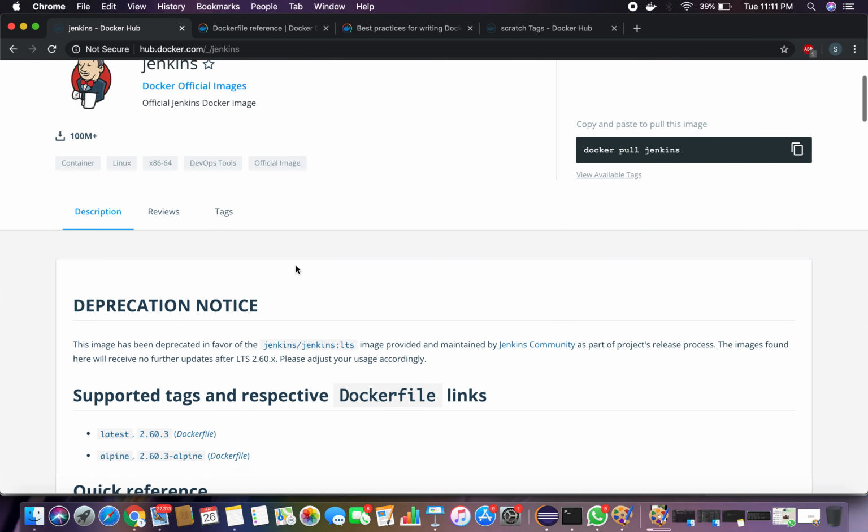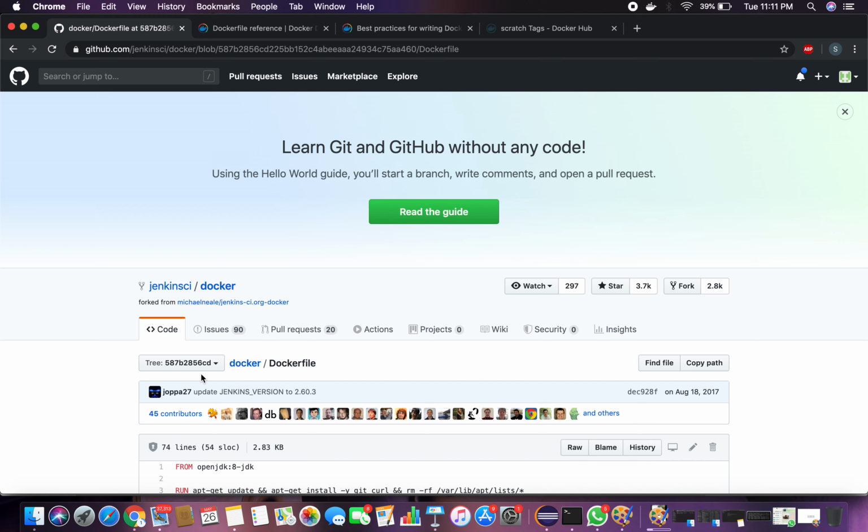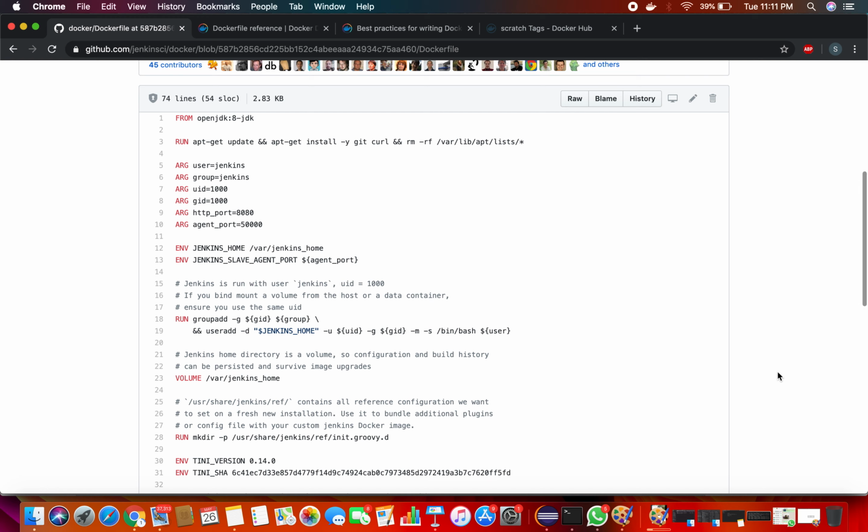If you look at the supported tags and respective Docker file links, you have a Docker file here. If you click the Docker file, you can see what are all the instructions which are creating a Docker image, which are assembling the packages to bring the Jenkins image.